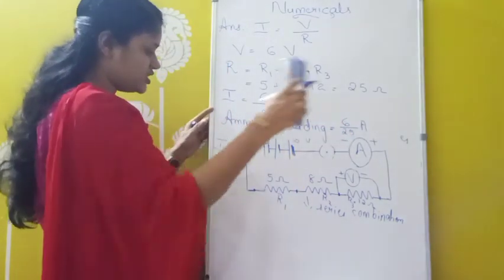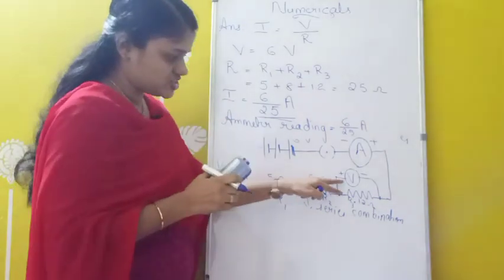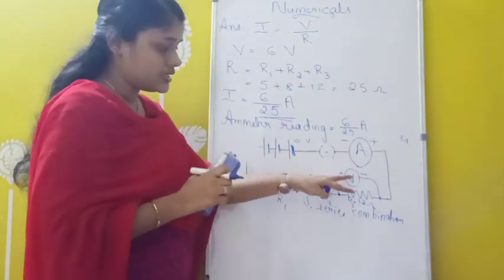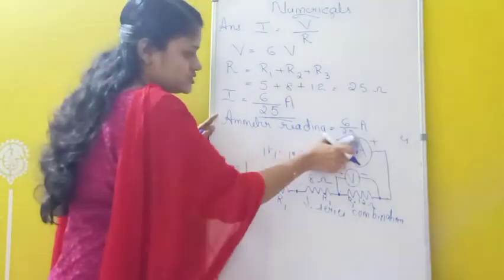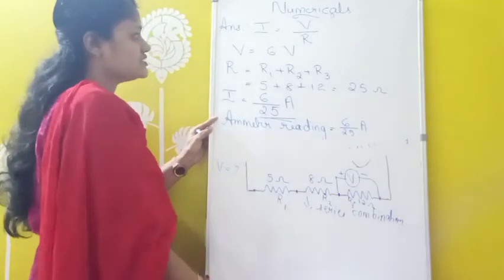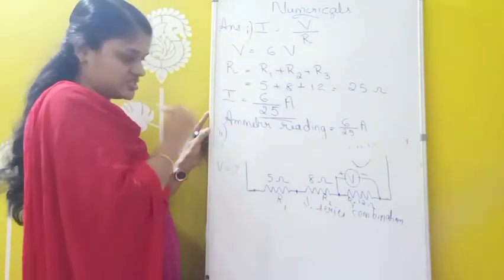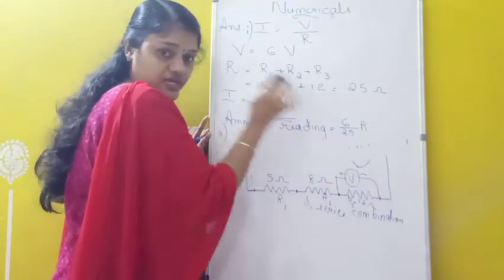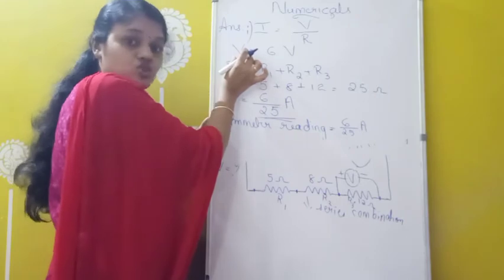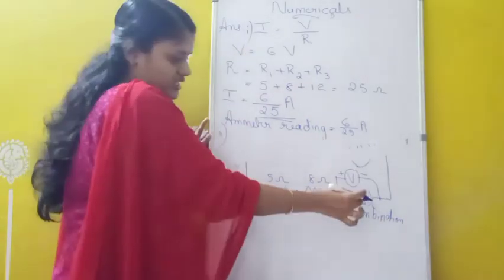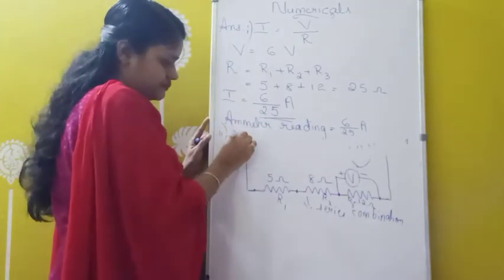Okay. Now next step, what do you have to find? We have to find the voltmeter reading. This voltmeter will measure which quantity? It measures the potential difference across which one alone? The 12 ohm resistor. So this first part is over now. We measured the current, and next the potential difference across the 12 ohm resistor. And here this V indicates the total potential difference.